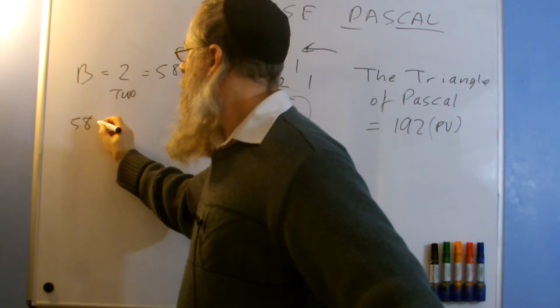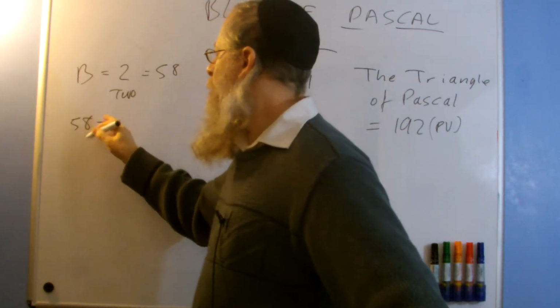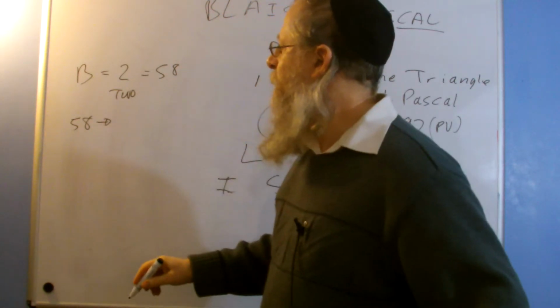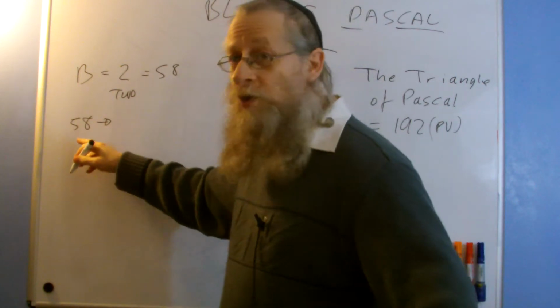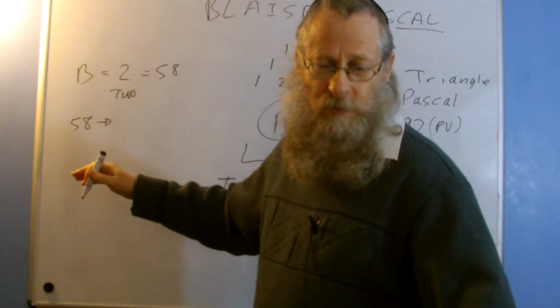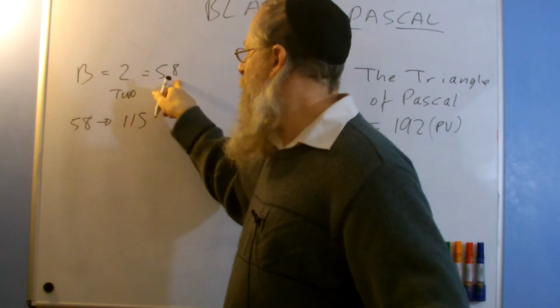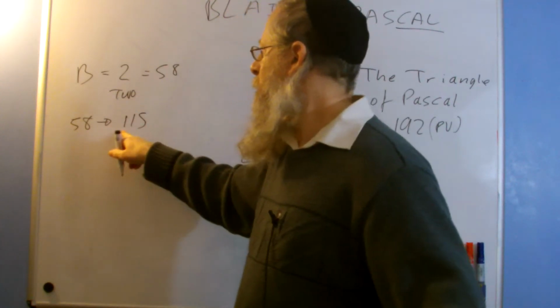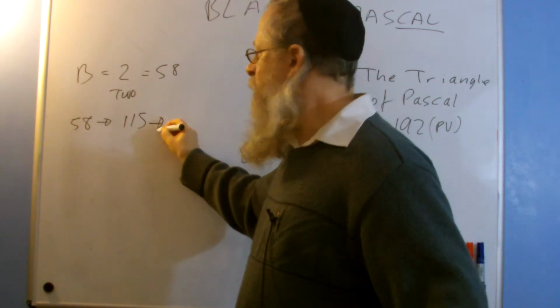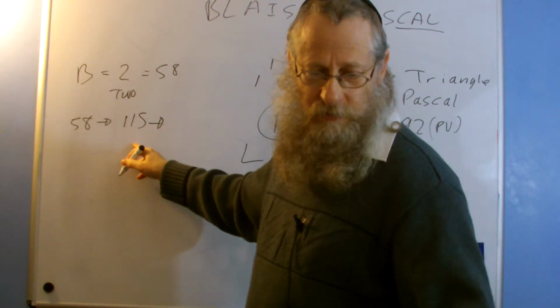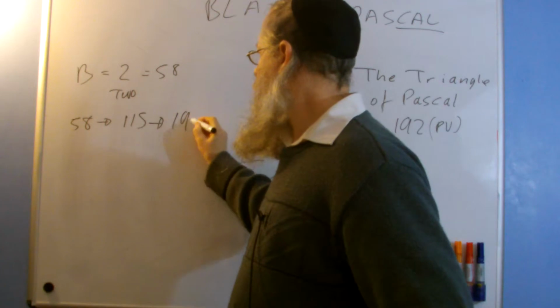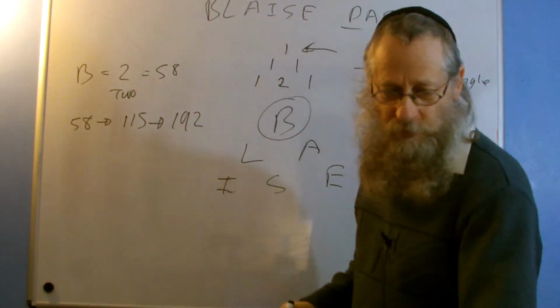58 equals... I'm not going to put a line, I'm going to put a sort of an arrow. It'd be better. The word 58 in words equals 115. Like the word 2 is 58, so the word 58 is 115. And the word 115 is 192. And now that I've rubbed it all off, but